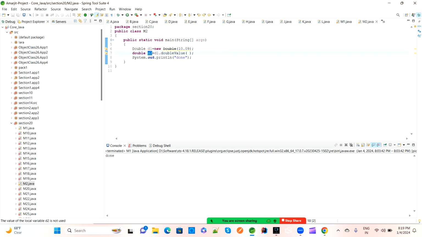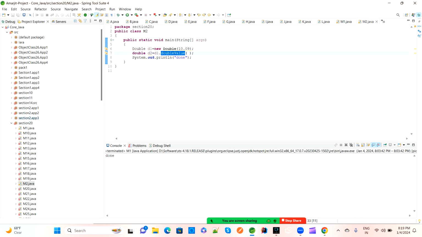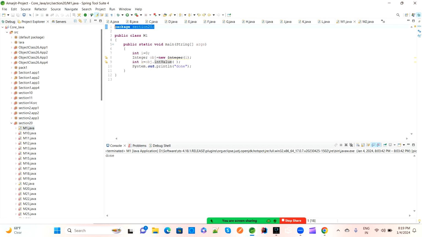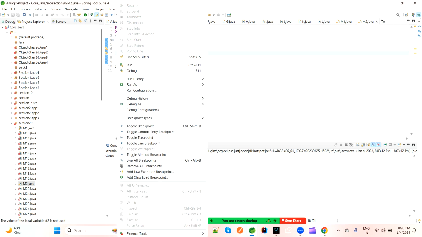We can't take it directly. Based on the reference, we have doubleValue. This d1 on line number 6 is a wrapper object, and this wrapper class we can't directly convert into double. So we have one method, doubleValue. Like the same we saw in m1, where intValue was there. If we are using Double, then we have doubleValue. So we need to take the reference d1.doubleValue, meaning 10.09 will be converted to a double data type. This will be assigned to d2, and then that will be printed. So if you run this,